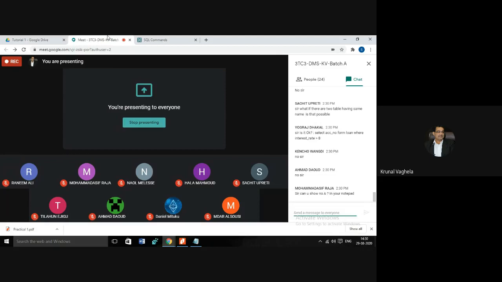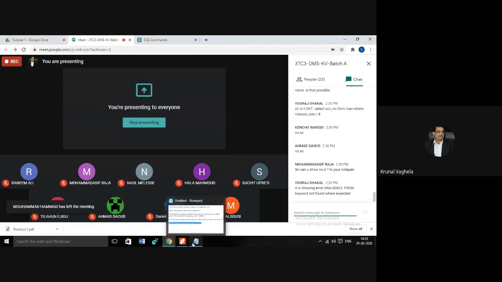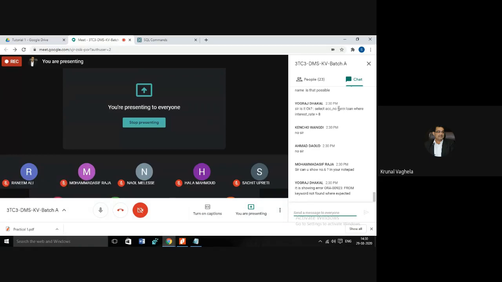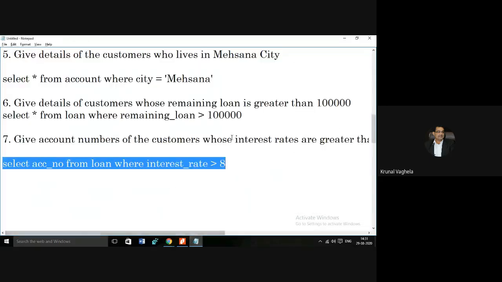Is it okay? Select account number from loan where interest underscore rate is greater than 8. Yes, it is okay. Sir, can you show number 6 in your notepad? Yes. Yograj, your FROM spelling is wrong. You have written FORM. It is FROM you should write.